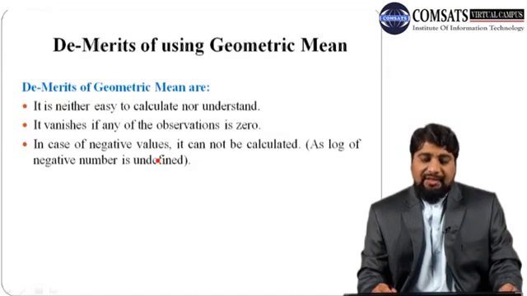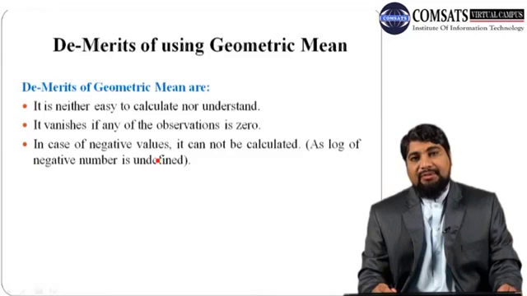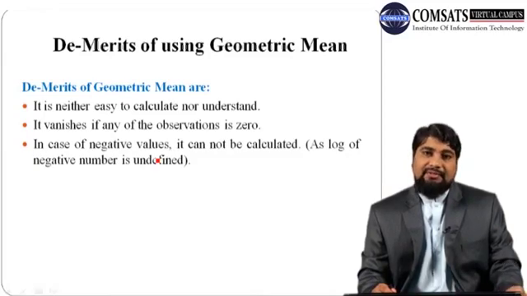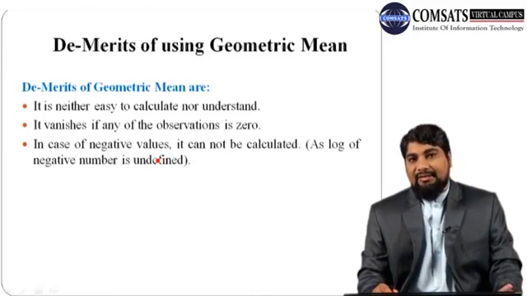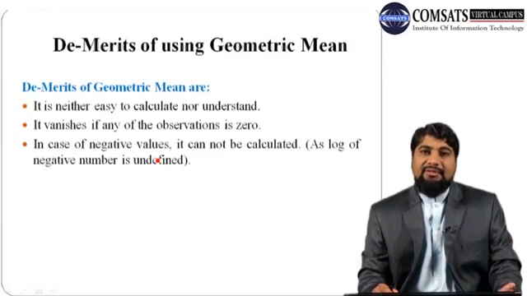There are two versions of geometric mean. One is just finding the product of numbers and then taking the nth root, where n is the number of observations. Remember that we cannot find the root of a negative number. The root of a negative number is undefined. So, first, if you use this formula, just taking the nth root of the product of numbers,